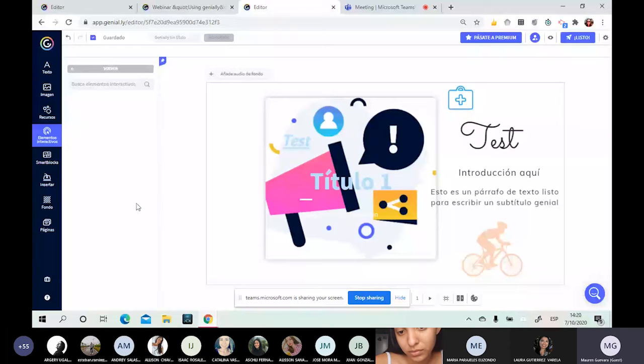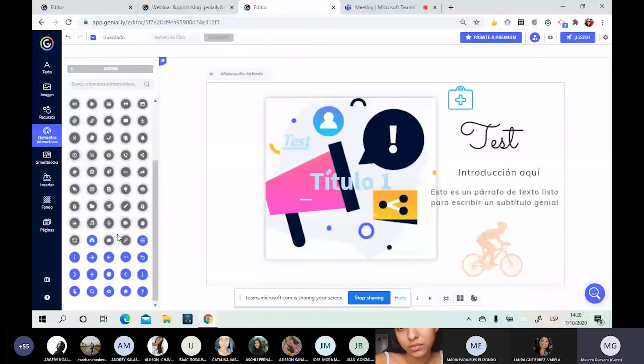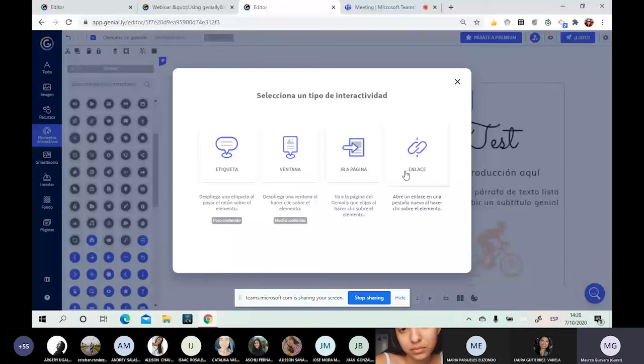You just add it, as you can see here. And again, this is for interactive sites. So you can add the link, you can add the page, you can add the window, or just